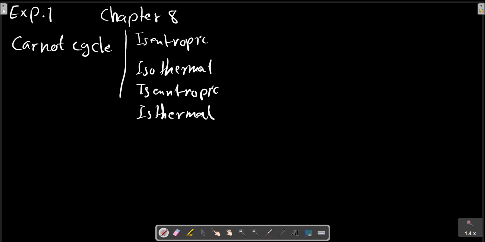So let me write it as a heat pump with refrigerant R134A as the refrigerant working fluid,